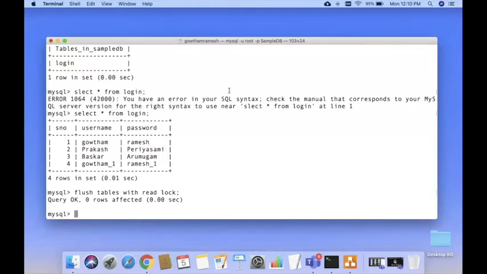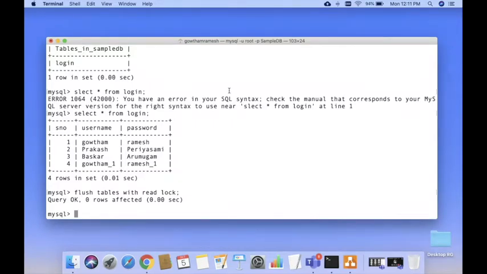If you say flush tables with read lock, it closes all the open tables and locks all tables for all databases with a read lock. This read lock will continue until you explicitly release it, that is, until you explicitly unlock it.